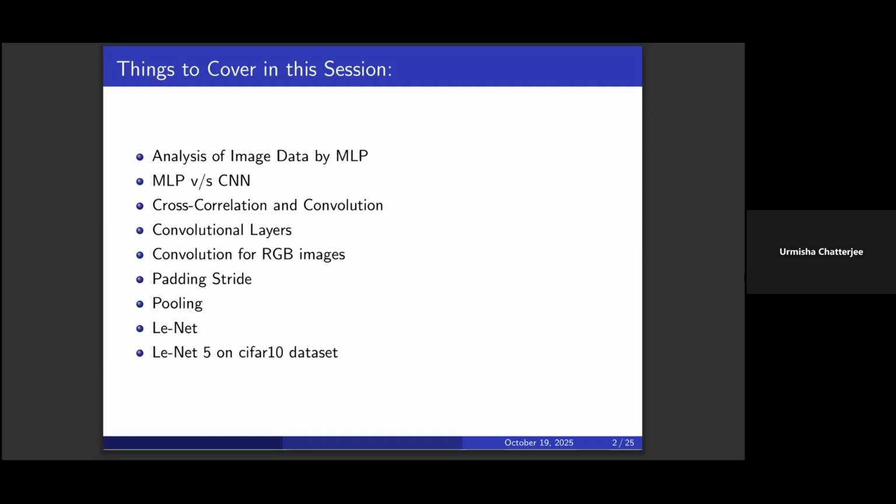So we will see how this CNN architecture looks and how it learns a dataset, the CIFAR-10 dataset. We have used this dataset in the last session as well. So we will see how LeNet learns image data, such as some training images we will see from the CIFAR-10 dataset.